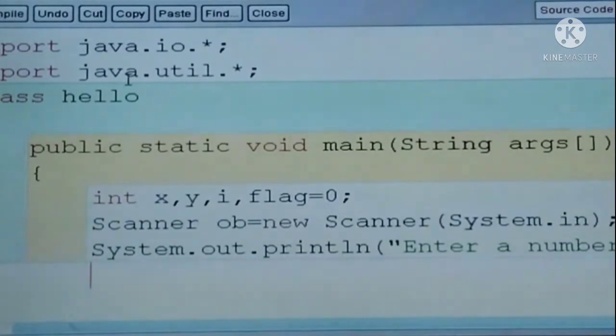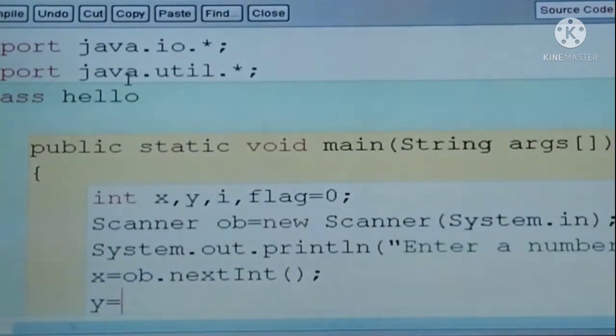So I am asking a user to enter a number. So I'll store it in x is equal to ob.nextInt(), then in y I'll be storing x by 2.